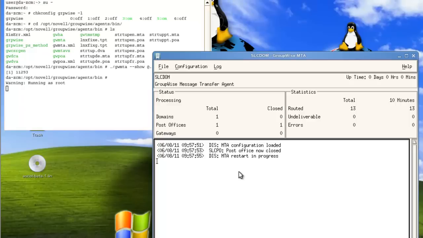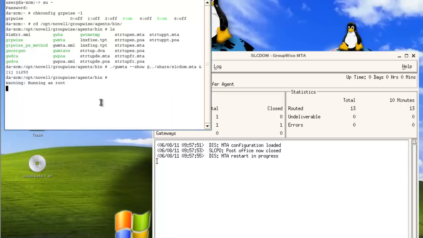There are a couple of restarts that happened. There is a conversion of the databases from GroupWise 5.5 to the new version that we're running with Ascot. So if I select enter, now I want to do the same thing, and we're going to run the POA file. So ./gwpoa --show, and launch the configuration file with the SLC PO.POA, again with the ampersand